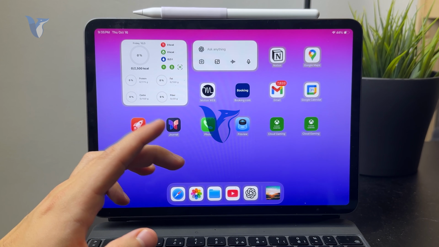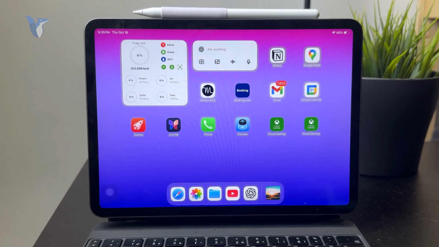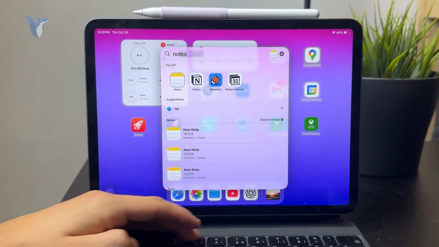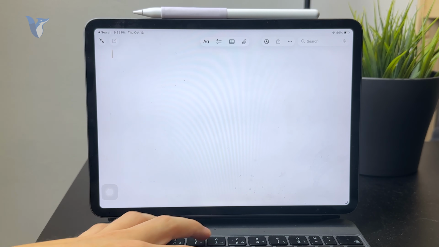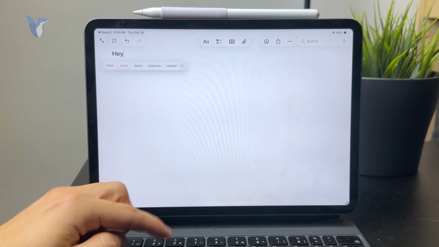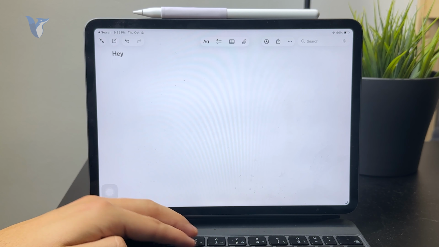Now, how can you export iPad notes in the PDF format? Let's get started. So there are some things you should know. Obviously, you can open up the Note application like that. And once you are inside of your regular notes, you can locate the share button and you have the ability